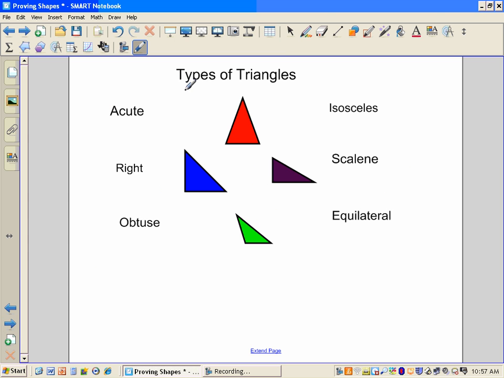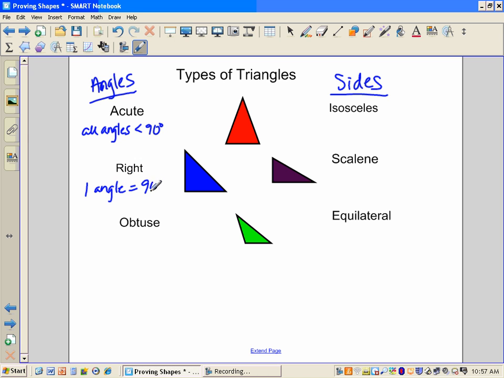When we talk about types of triangles, we have ways to label them according to their angles, not angels, and ways to label them according to their sides. So if it's acute, then all the angles are less than 90 degrees. If it's a right triangle, it has one angle equal to 90 degrees. An obtuse triangle has one angle